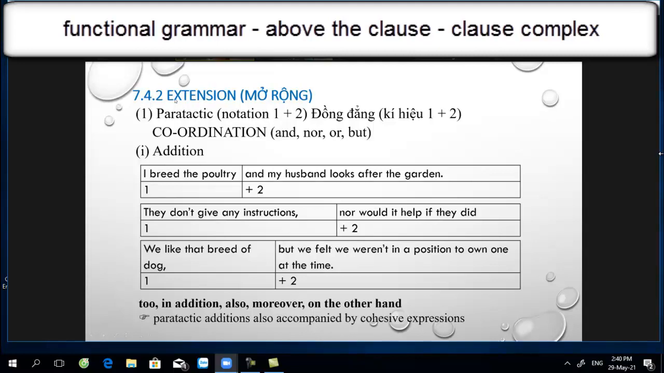Okay, and about the extension paratactic, we move to the second one, extension mở rộng, and to the paratactic đồng đẳng, we use the number 1 plus 2, ký hiệu 1 cộng 2, and we can see that they use the coordination and, nor, or, but. For the addition one, we have I breed the poultry and my husband looks after the garden. We extend the first clause by the second clause. Okay, so we mark 1 plus 2. And the second example,